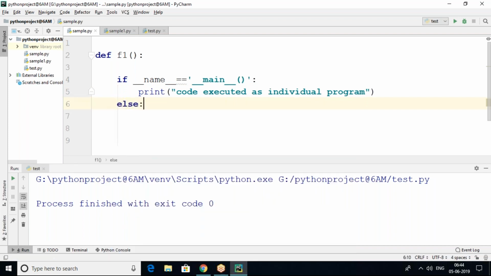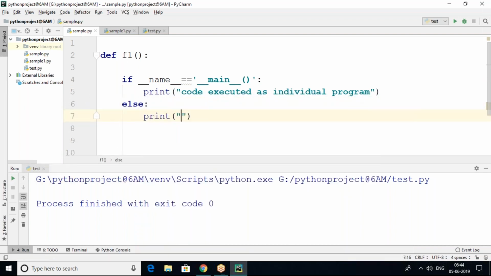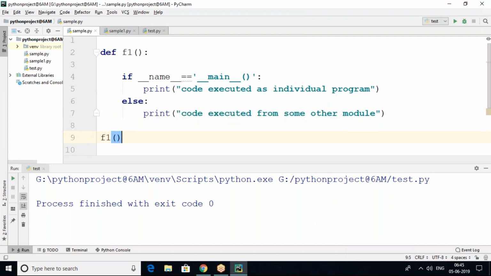Next, else, print "code executed from some other module". That's it. So we need to call the function f1.